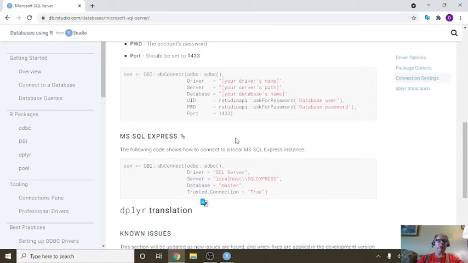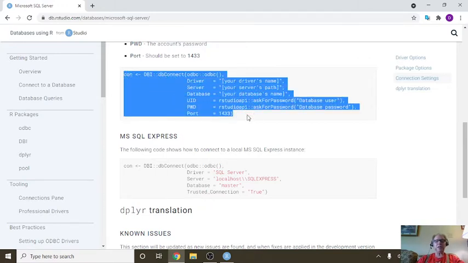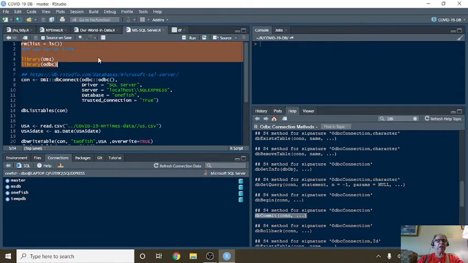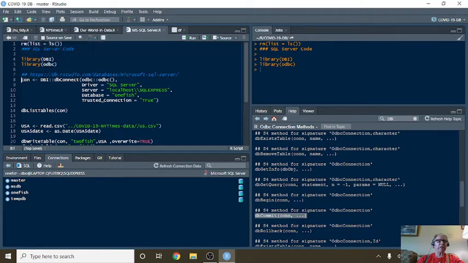If your connection is not trusted, maybe it's located on a different server, you can use something like this to do the same thing, to actually do the connection with the username and password. All right. So we begin by cleaning out the environment and do this. Now we do a connection,